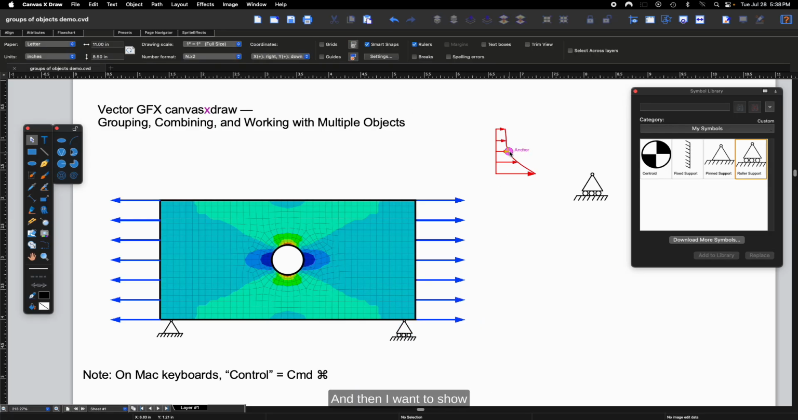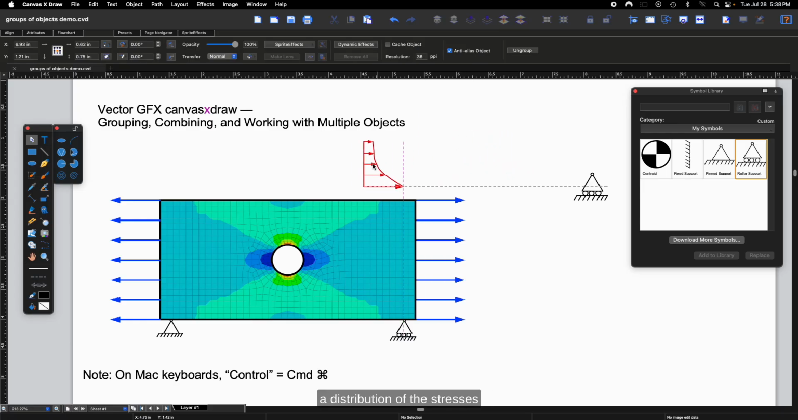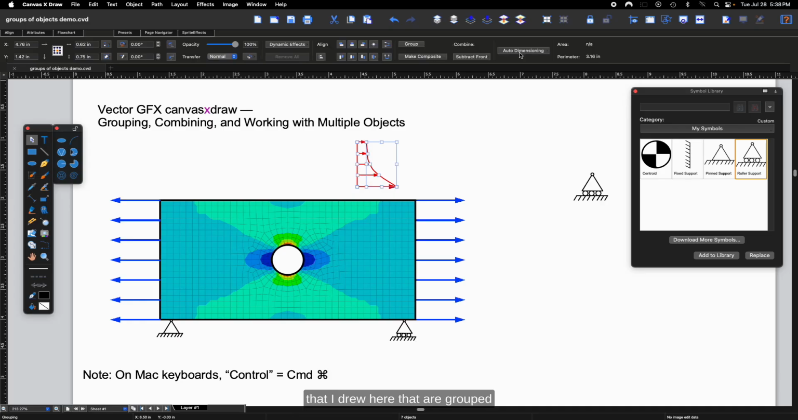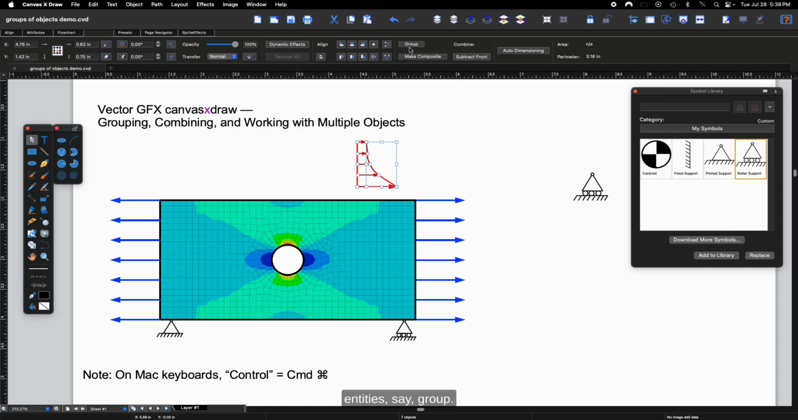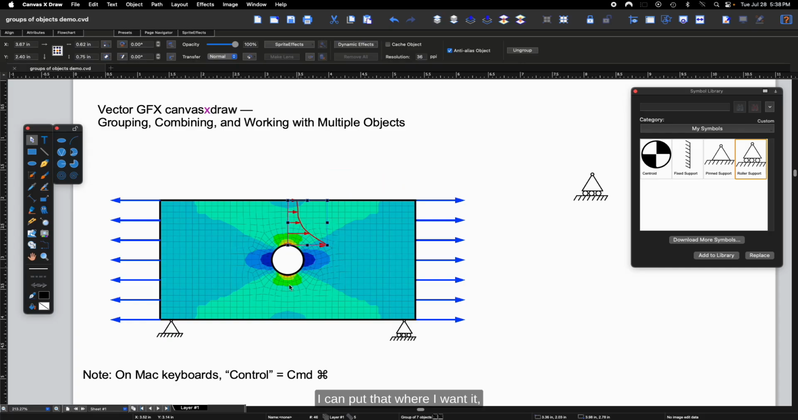And then I want to show a distribution of the stresses on the edge of the plate. So once again, I have a set of objects that I drew here that are grouped, so I can work with them together. So I can pick the individual entities, say group. I can put that where I want it. And if I want it on both sides of the hole, I can copy, paste,